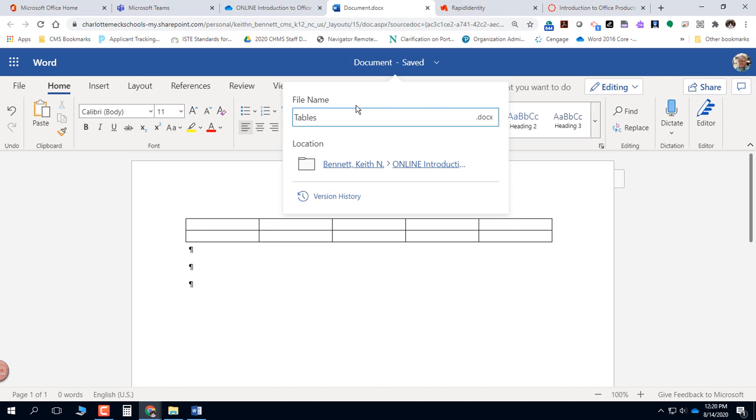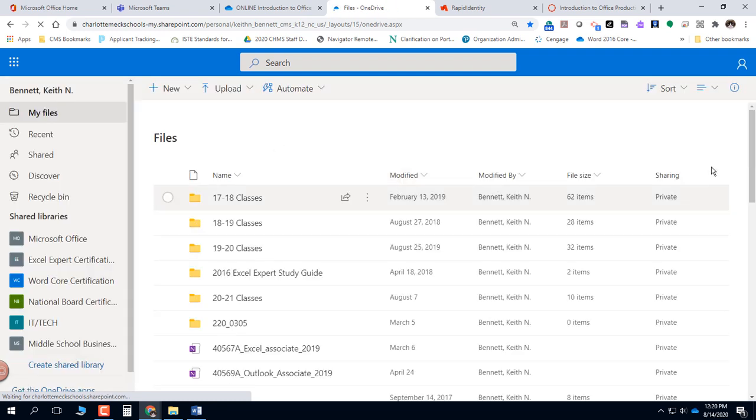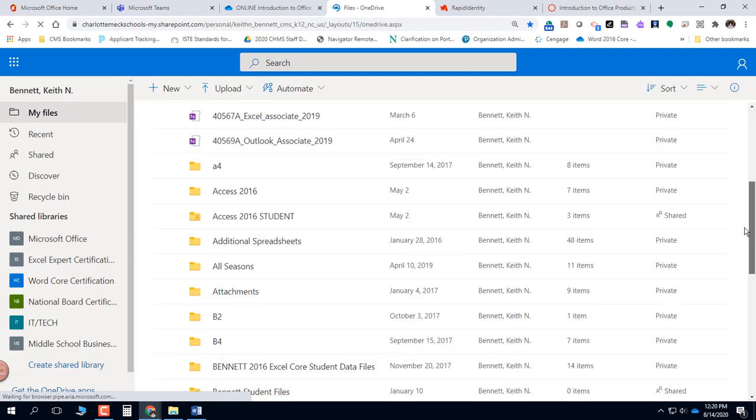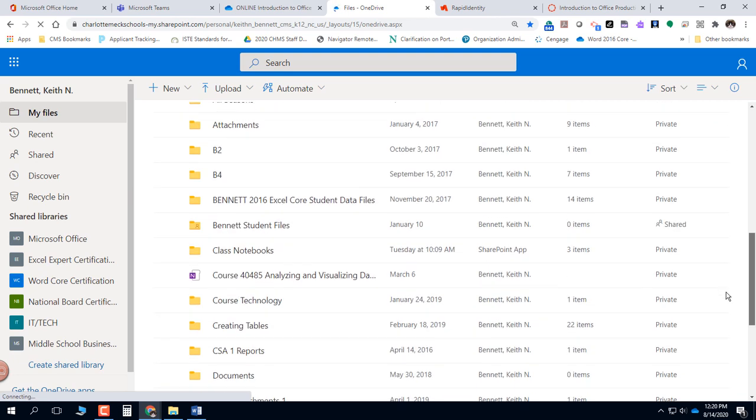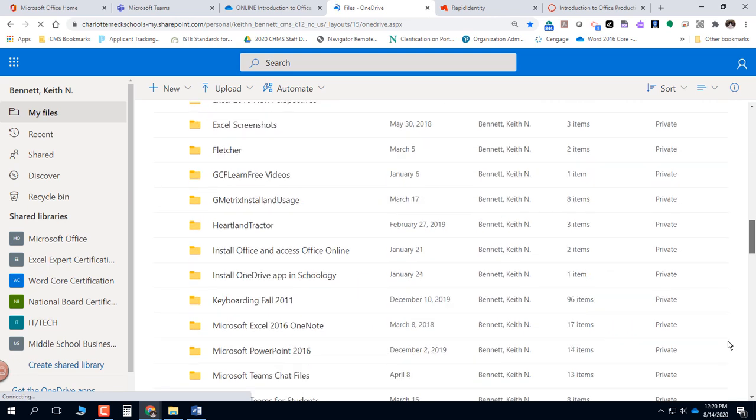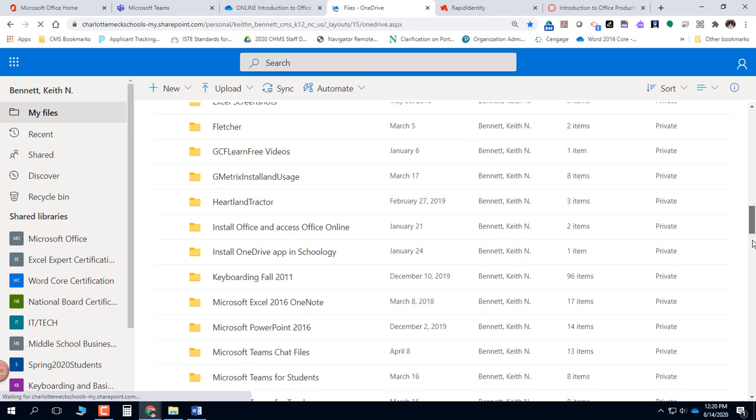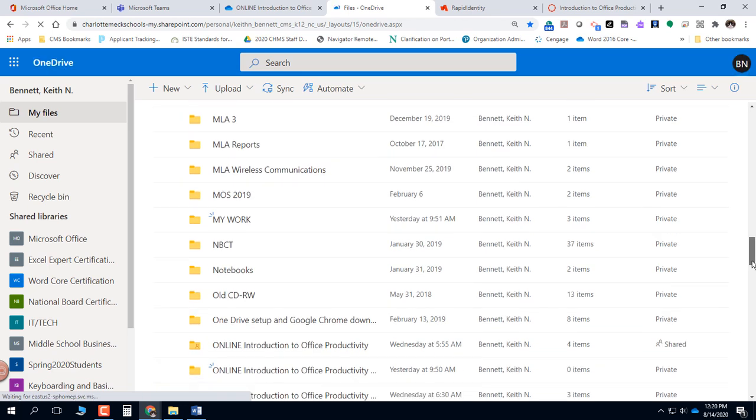Now, because this is a blank document, I still want to change the location of mine so I know where it's at. This is not the folder I want my file to be in. Remember, you've got that folder that I created for you called My Files or My Work. I'll get there. That's where I'm going to save this, because I don't want to change any of the files in that folder